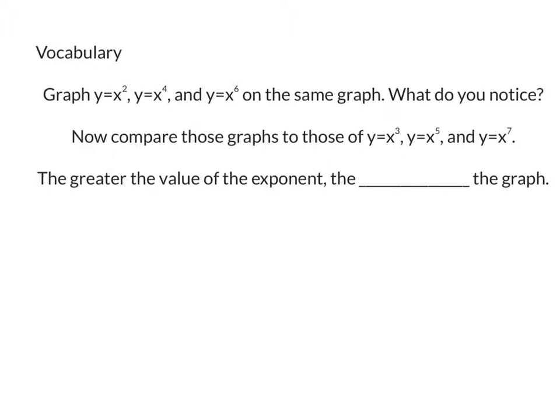All right, so it says graph y equals x squared, y equals x to the fourth, and x to the sixth on the same graph. What do you notice? So if we graph these all on the same axes, y equals x squared will look something like that, a parent quadratic function. X to the fourth will be slightly inward, and so would x to the sixth, okay? And if we did the same thing for